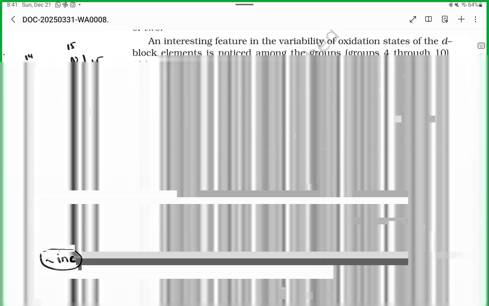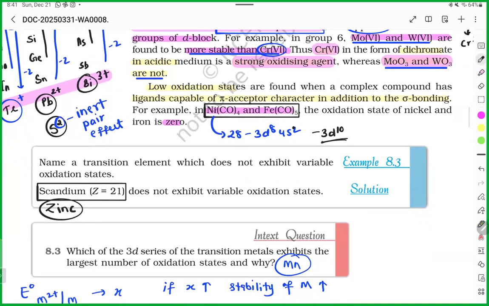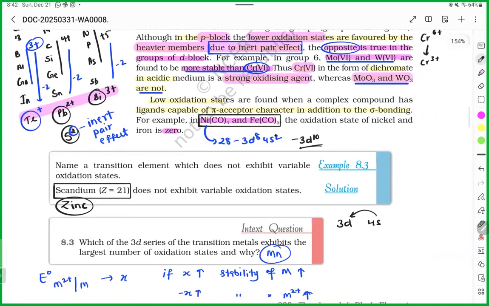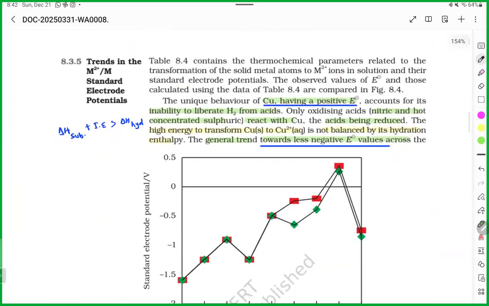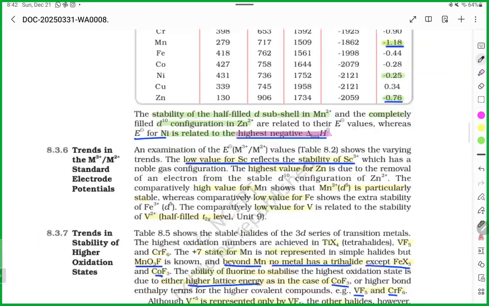Scandium and zinc. Why does the 3d series of the transition elements exhibit a large number of oxidation states? Because electrons can easily move from the s subshell to the d subshell. 3d, 4s: electrons can move from here to here, so that's why it is possible. Understood? Now we were talking about the color,